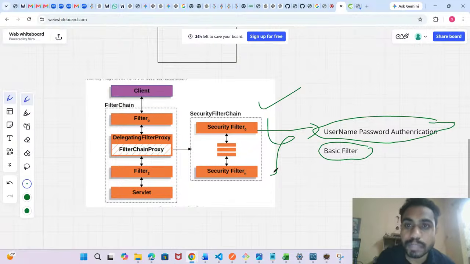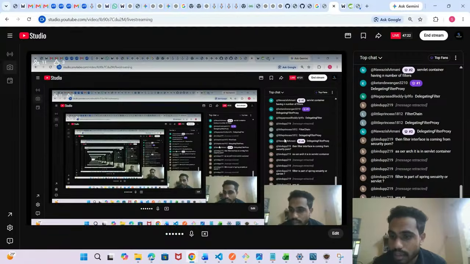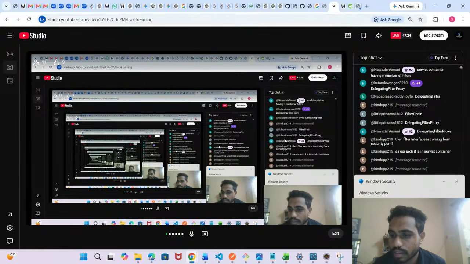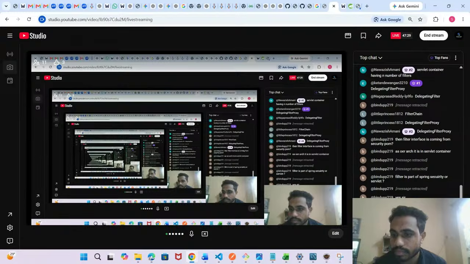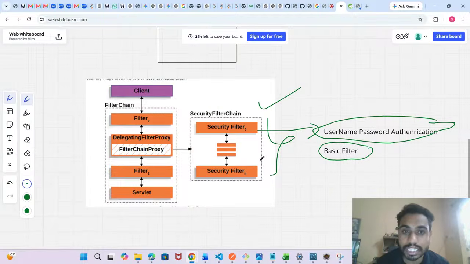Any doubts, guys? Anyone? Do you have any doubts so far in this block diagram?